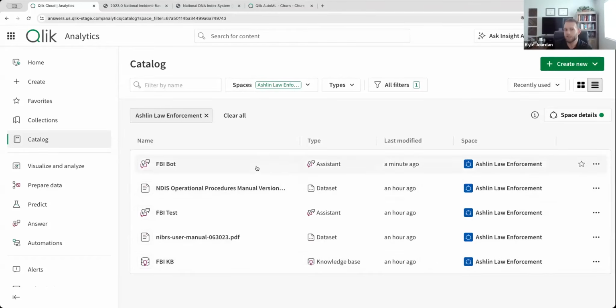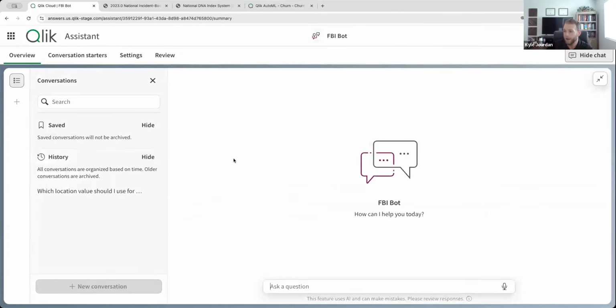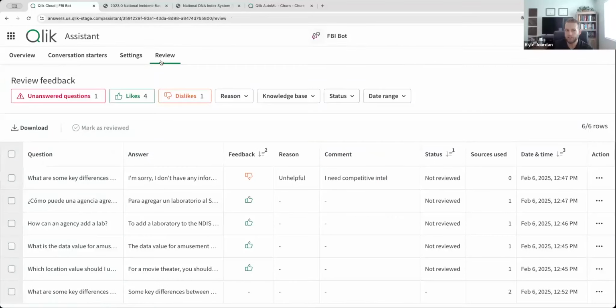And then additionally, there is a role called audit admin, which gives you the ability to see these review questions. So only a user with an audit admin role will be able to overview and see all the questions being asked, the answers that are given, the feedback that's given. So not necessarily every administrator of an assistant can see this. It's also another specific role.